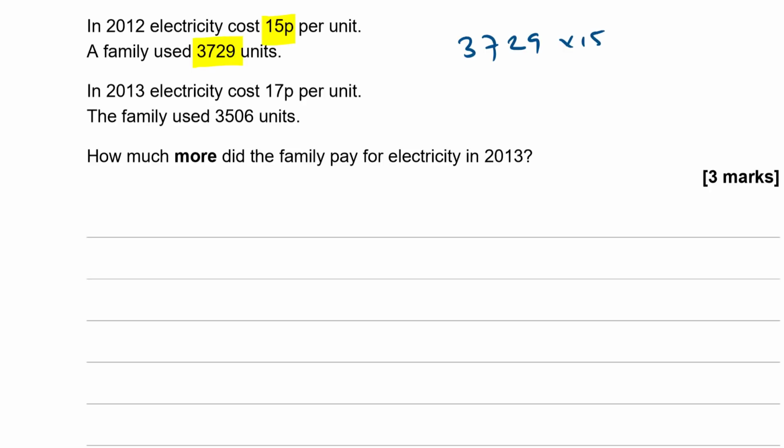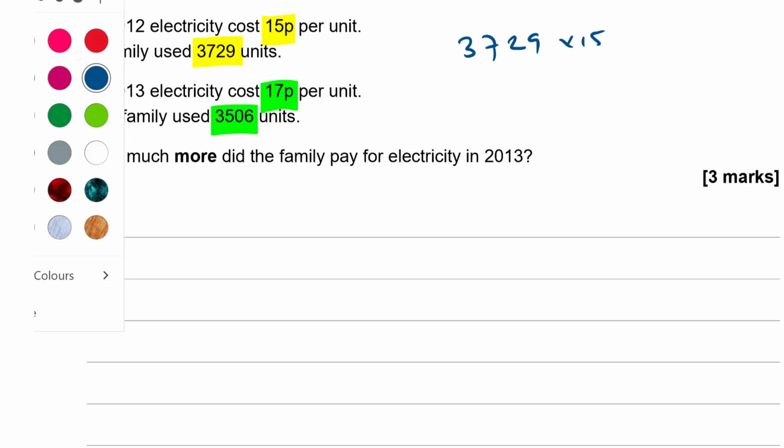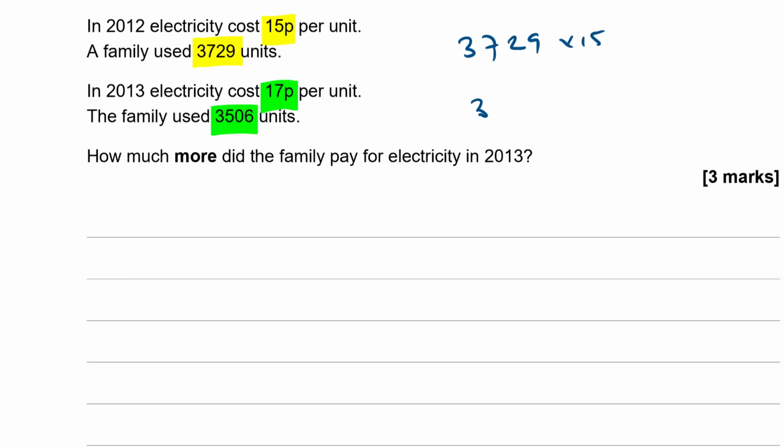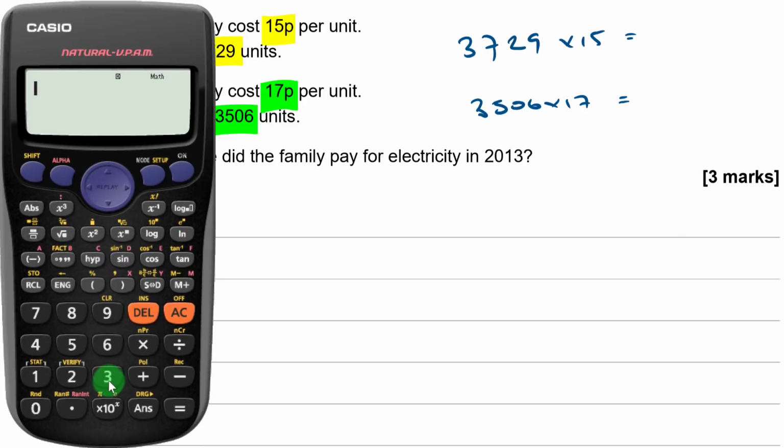And then in 2013, it cost 17 pence, and we used 3,506 units. So again, multiplying those two together, 3,506 times 17, will tell me how much it was in the second year. Okay, so grabbing the calculator,